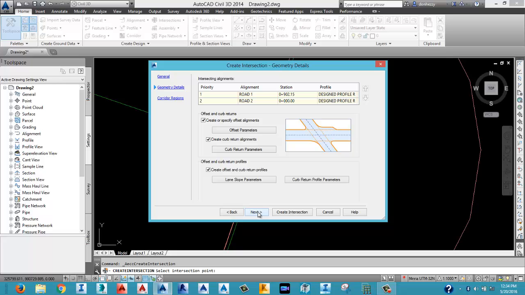So on this particular page, this is where we see the alignment and the station whereby it is intersecting. The first one is road 1, which is the primary road. Based on the priority, you can see 1 and 2. The priority 1 is the primary road, and then the station at which the other one is touching it is at JNH